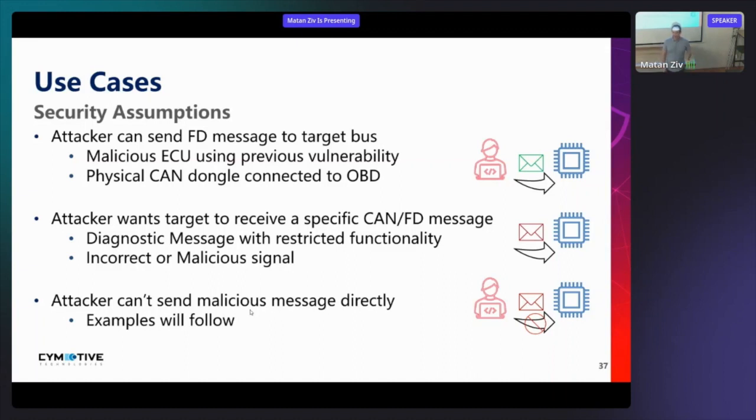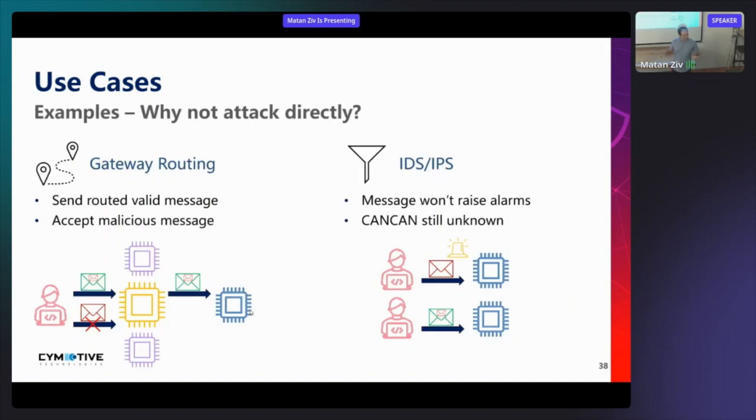Now, when are these assumptions actually valid? Two examples of these use cases are these. One is the gateway routing. As I presented in the beginning of this presentation, a gateway may base its routing decisions on the CAN ID of the message. So in this case, an attacker attempting to send a malicious message will not be routed to a bus containing the target unit. However, the attacker may still be able to send another valid-looking message, which will be routed to the bus containing the target. So using CANCAN, maybe the target will actually see the encapsulated message, which is the attacking message, contained